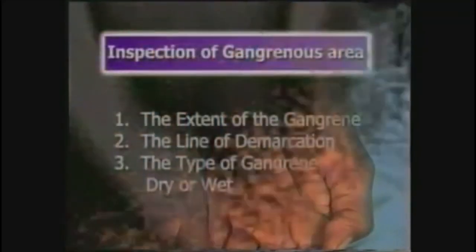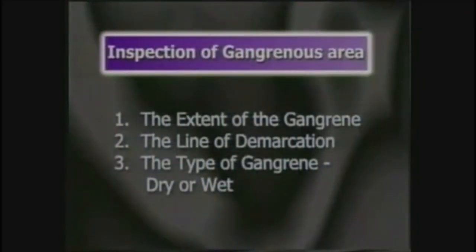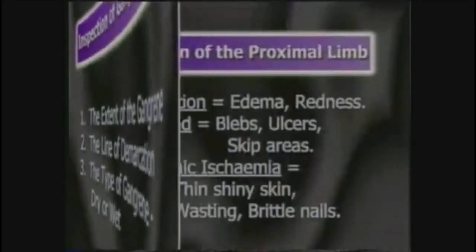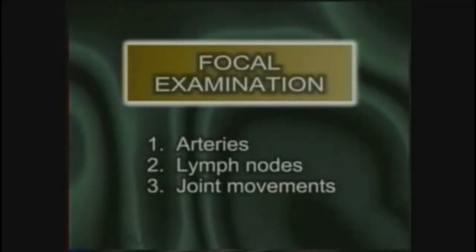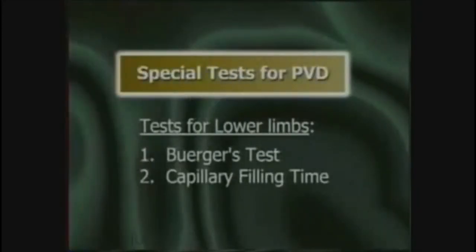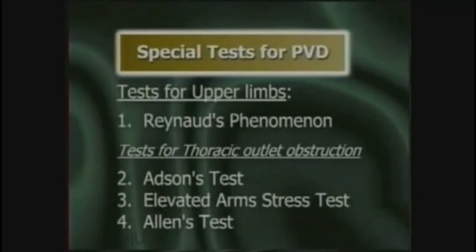To conclude, we started the examination of a case of ischemic limb with a careful inspection of the gangrene and the ischemic limb. Then we examined the arteries, lymph nodes and the movements. We palpated the arterial pulse at various levels and auscultated over it for a bruit. Lastly, we performed the special tests for peripheral vascular disease. In the lower limb, we performed the Buerger's test and capillary filling time. In the upper limb, Raynaud's phenomenon, Adson's test, elevated arms